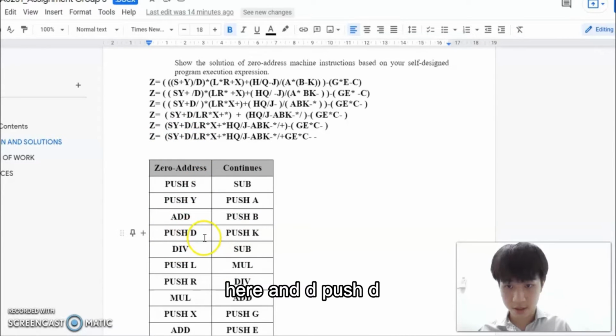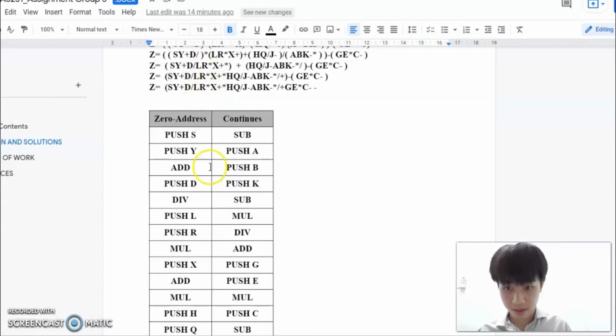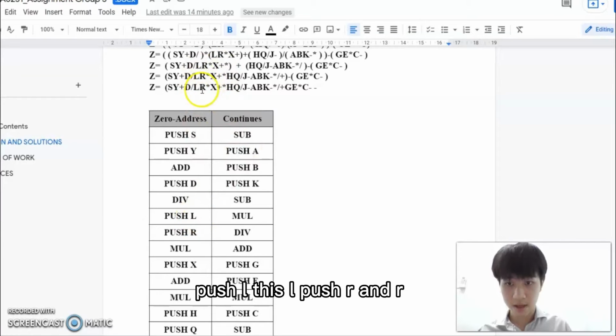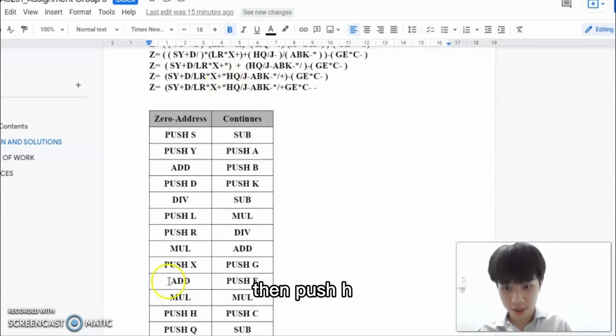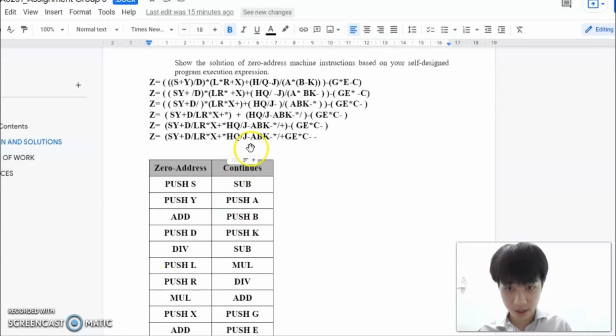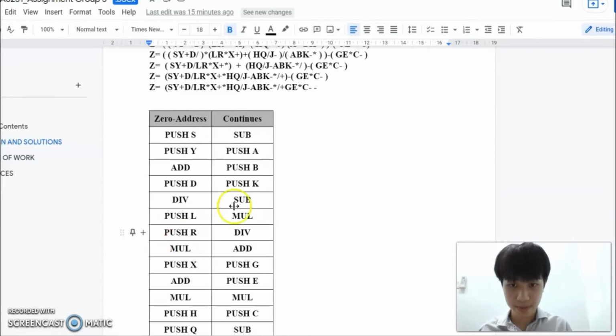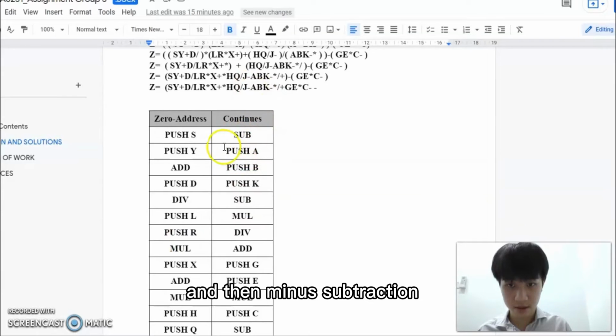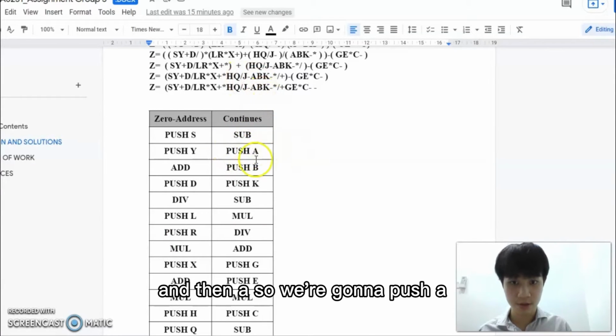and d, push d, and divide, division, and push l, this l, push l, and r, push r, and then multiply, and then push x, and then addition, and then multiply, and then push h, and push q, and then divide, and then j, push j, and then minus, subtraction, and then a, so we're going to push a,